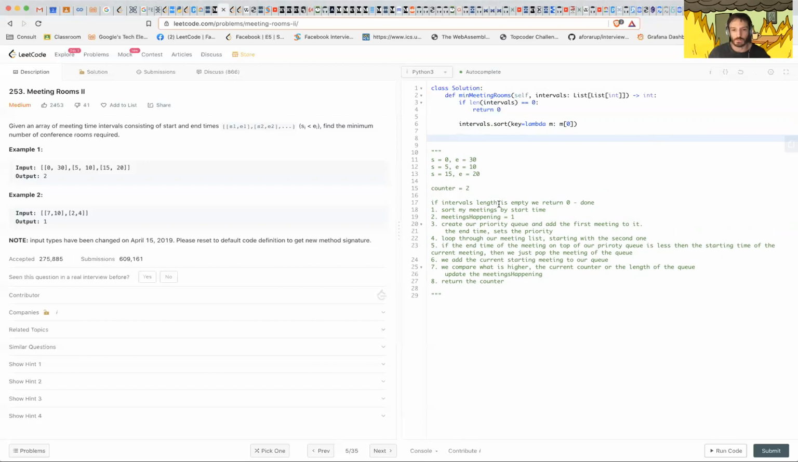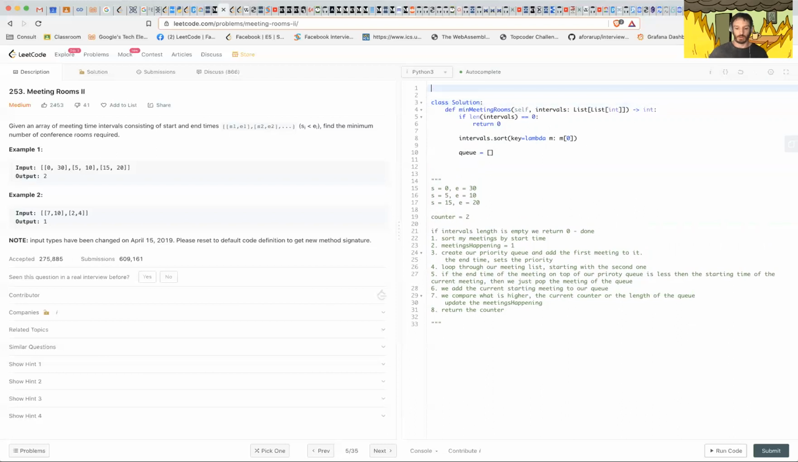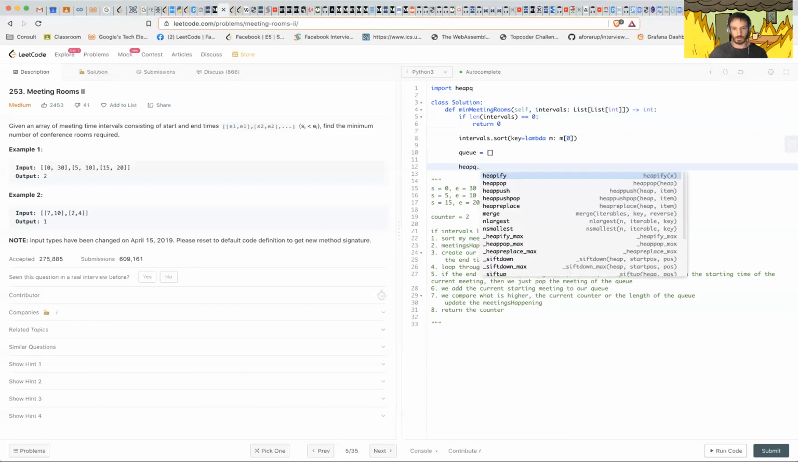Right. So now we need to create a priority queue. So our queue. To deal with the priority queue, we're actually going to use a Python library that already has this implemented, which is called heapq. heapq.heap